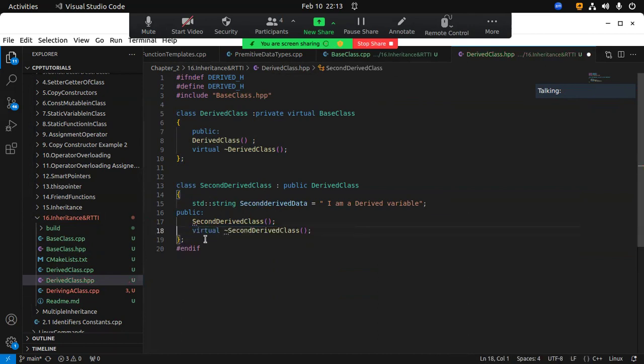Okay. Now what I did here is, I made the base class privately inherited here. Okay. Now second, we will inherit derived as public, but derived is inheriting the base class as private. Now here, okay,